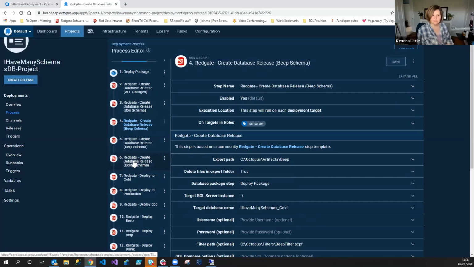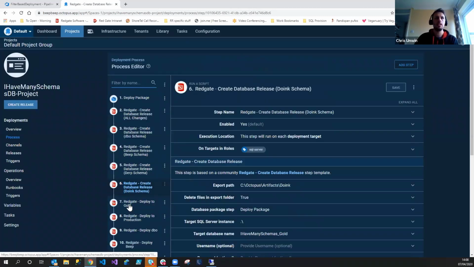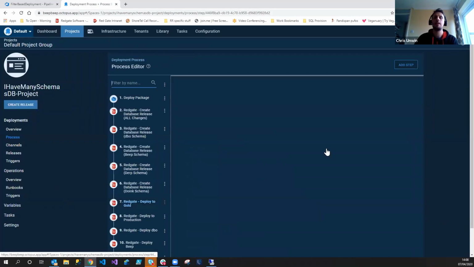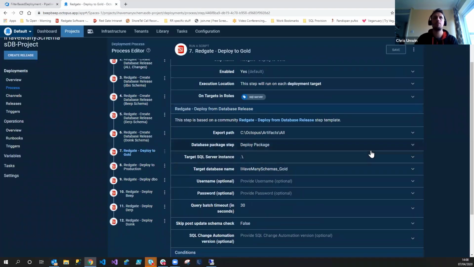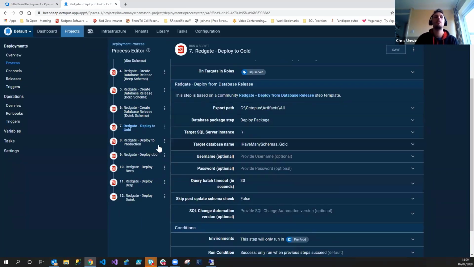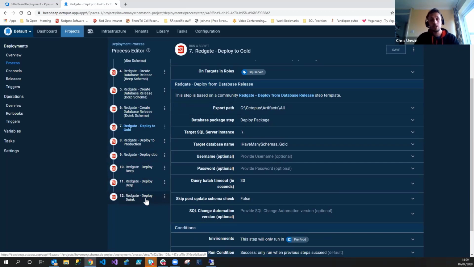So then what we do is we deploy to our gold schema, and this is actually releasing all changes to gold to bring it now up to date. And then that's only testing that one package. Now we've got to test each of the other deployment artifacts. So what we do is we then have a deploy to production step, and then deploy DBO, beep, derp, and doink steps. And all this is doing, if we jump into, say, deploy beep,